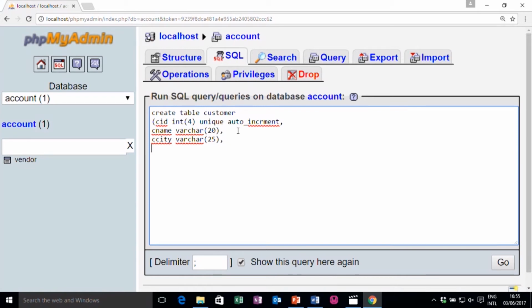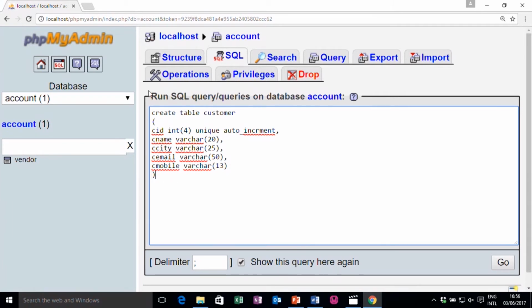Any other attributes I have not defined. Then I can write customer email, which is varchar and up to 50 characters long, and customer mobile, which is again varchar and say 30 characters. Now, I have to close the parenthesis also, because this parenthesis is for size and this is for the create table syntax. Someone also prefers to write the syntax in that way, so you do not get any error.